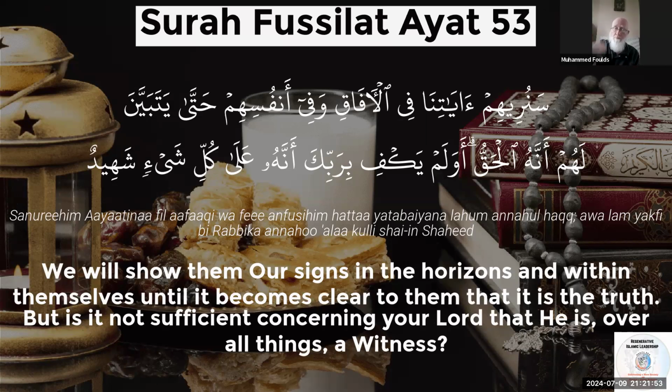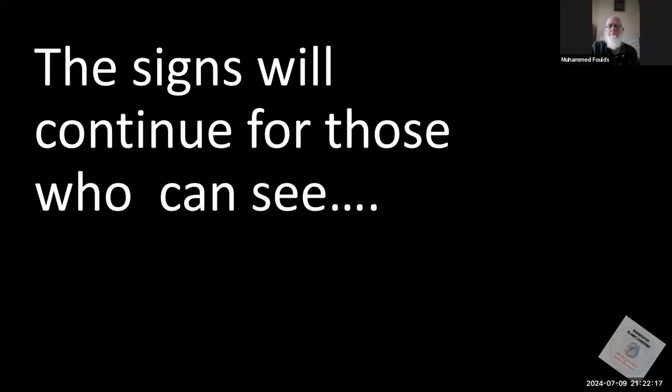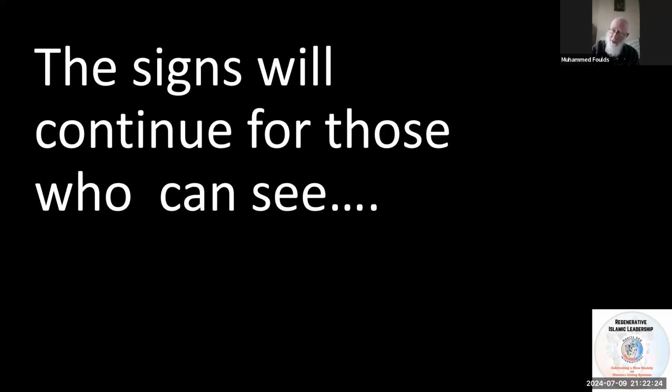So the more that we see, we observe, and we think, and we start to engage with the Quran through the nazm of the Quran, through the sounds, through the shapes, the signs will continue to come. Whether we like it or not, they're going to come in the macro and the micro. And these signs are showing one complete interconnected whole. Next slide. Signs will continue for those who can see. And it's the heart which connects to the right brain hemisphere. Next slide.